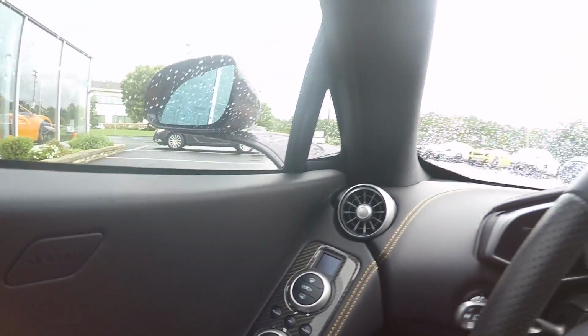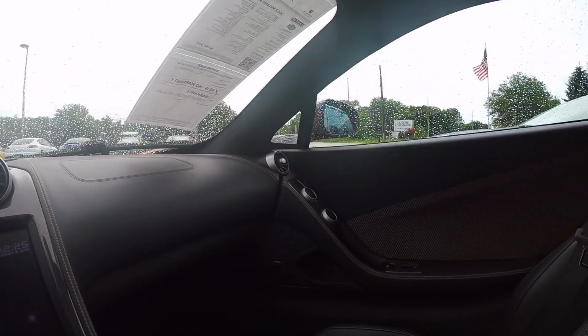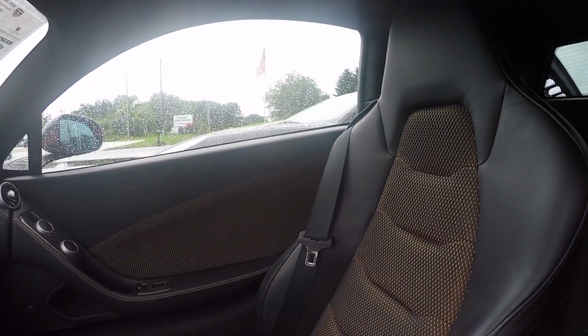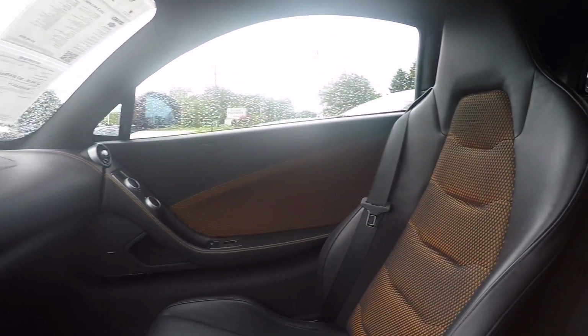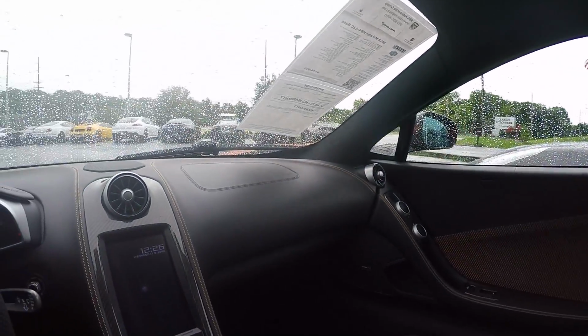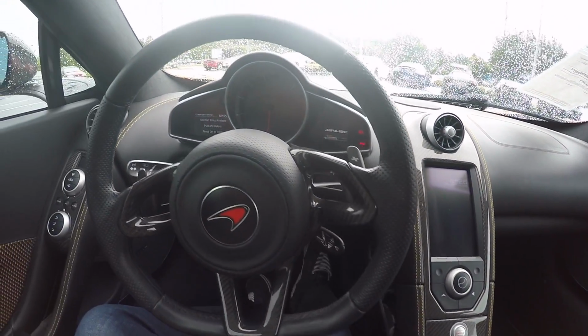This is Volcano Orange. I'm not sure how I feel about Volcano Orange though. I really like McLaren Orange. And I don't like this interior. I don't think I could do this interior. It looks too cheap for McLaren standards. And I know it was a first year thing and it could be swapped out, but